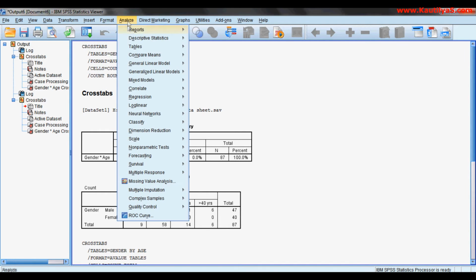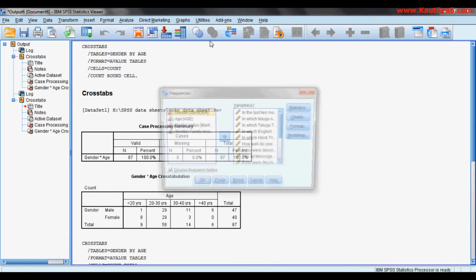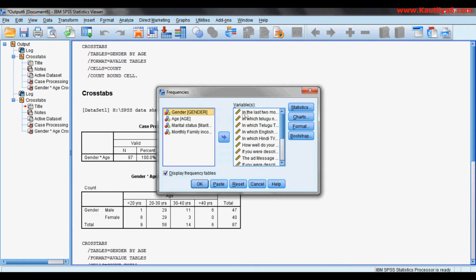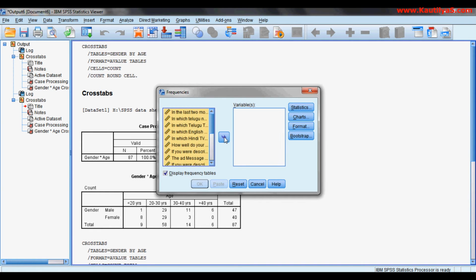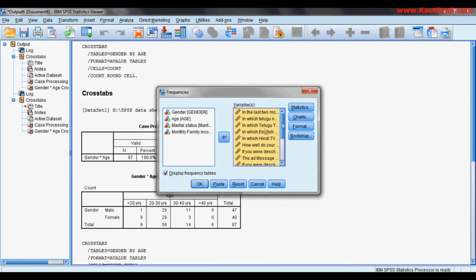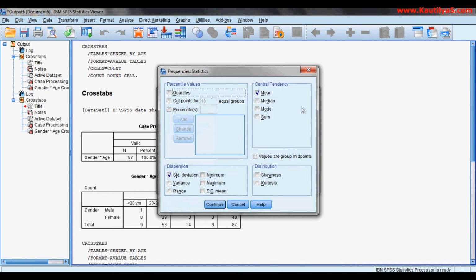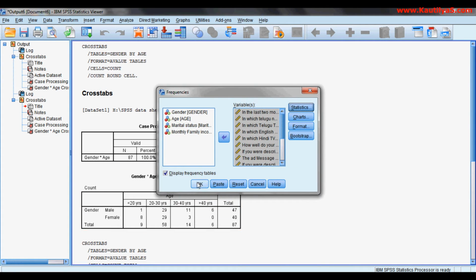Another is we can draw frequency distributions using the same. So go to Analyze, Descriptive Statistics, and Frequencies. So frequency tables are counts. What I have done is, earlier this is my questionnaire and I have scale items here. So I selected all the scale items, and in statistics I want the mean and standard deviation, continue and click OK.